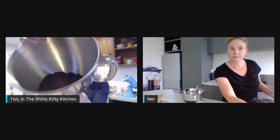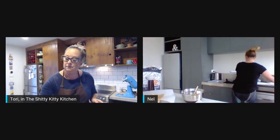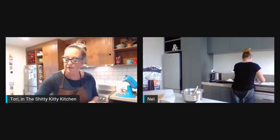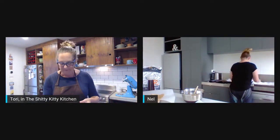So I've got 3 eggs. There's my chocolate mix. So dark. Very dark. Well, they look pretty dark on the packet, right? So weird doing packet stuff, but